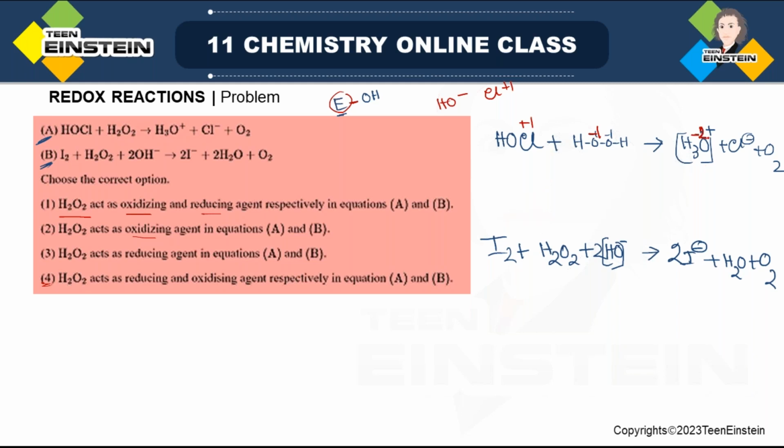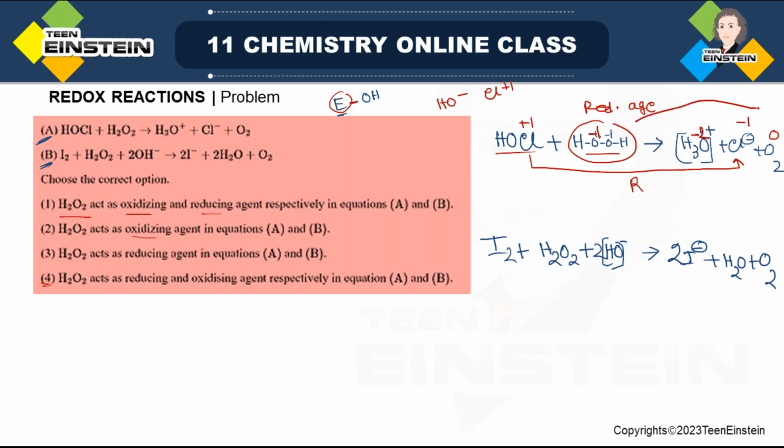Here it is -2 for oxygen. This is basically 0. And chlorine is -1. That means in this case, it is gain of electron. So this is reduction and you have 2 species. So it must be that Cl is getting electron from H2O2. That means this should be the reducing agent. Okay, this should be the reducing agent, and as it is the reducing agent, that means it has given